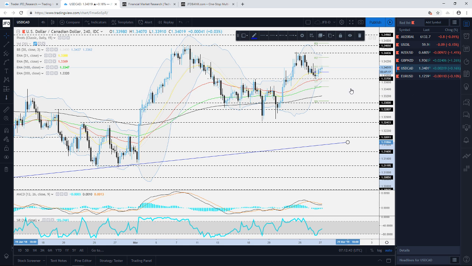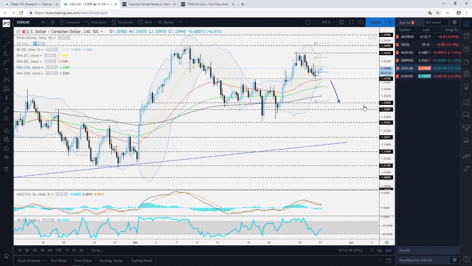gonna react more to this pair rather than try to predict exactly where it could travel in the near term. For now, in terms of the downside, if we see a drop below the 133.70 level, this is where it could become exciting for the bears. We could see a further slide lower, maybe even back towards the nice beautiful number of 133 here, or even lower, but of course we'll reevaluate the situation if we see such a move. But for now, this is what we're looking at here, the 133.70 level. A drop below this could lead towards further declines.